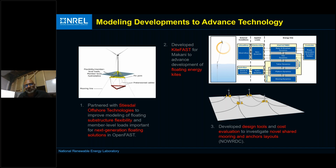And I'll talk about one of them, which is an ARPA project that I'm leading, in a little bit here. The second thing here you see is KiteFast. I know a lot of people have been looking at airborne wind, and we worked with Makani to take the OpenFAST model we have, and we put together a new, well, it's not really a new tool, but in addition to OpenFAST, and we're calling it KiteFast. And of course, now Makani is no longer there. Originally, KiteFast was going to be closed source for a few years, and then it was going to be open source. But if I remember correctly, now it's open source,